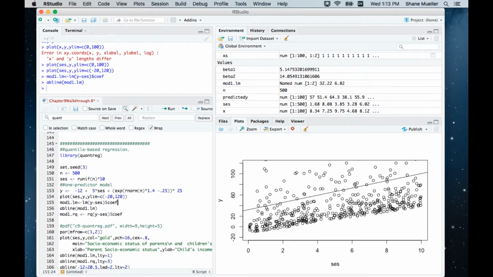But maybe I want to model the midpoint of the data at any point. And so that's what the rq in quantile regression, regress by quantiles, will do. So you have to load the quantreg library,